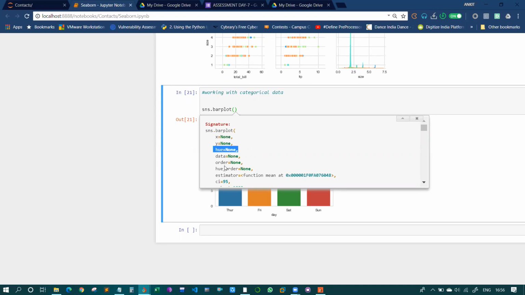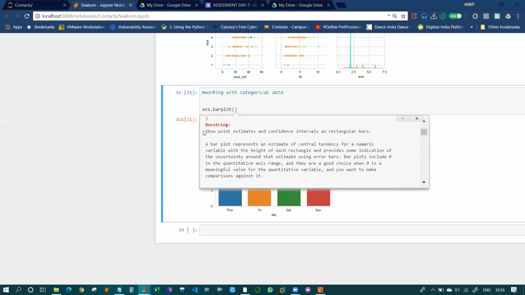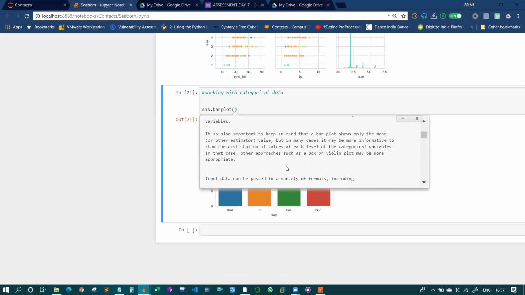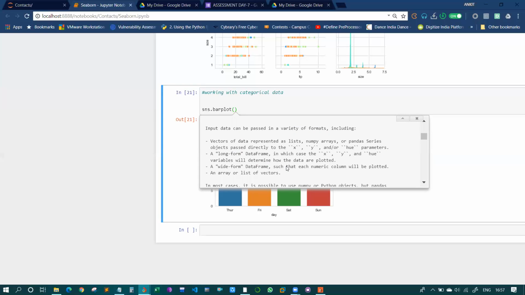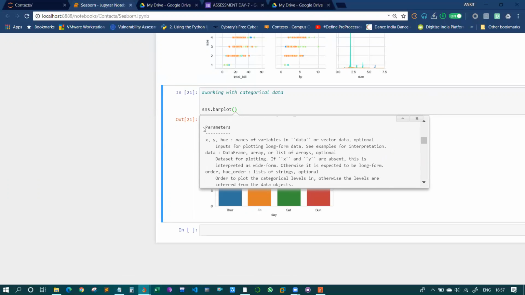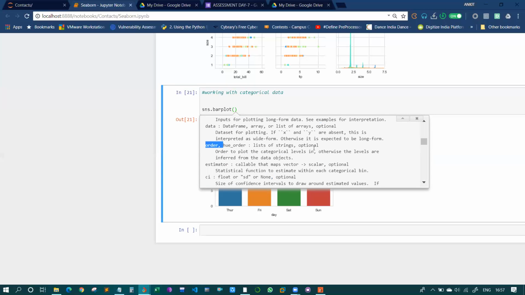Then order. And suppose you have forgotten what the other things do, just scroll a bit. Here you can get a brief description about bar plot, what it is and how it works. Then about the parameters, what are the parameters that you can mention, what order does, what hue order does.